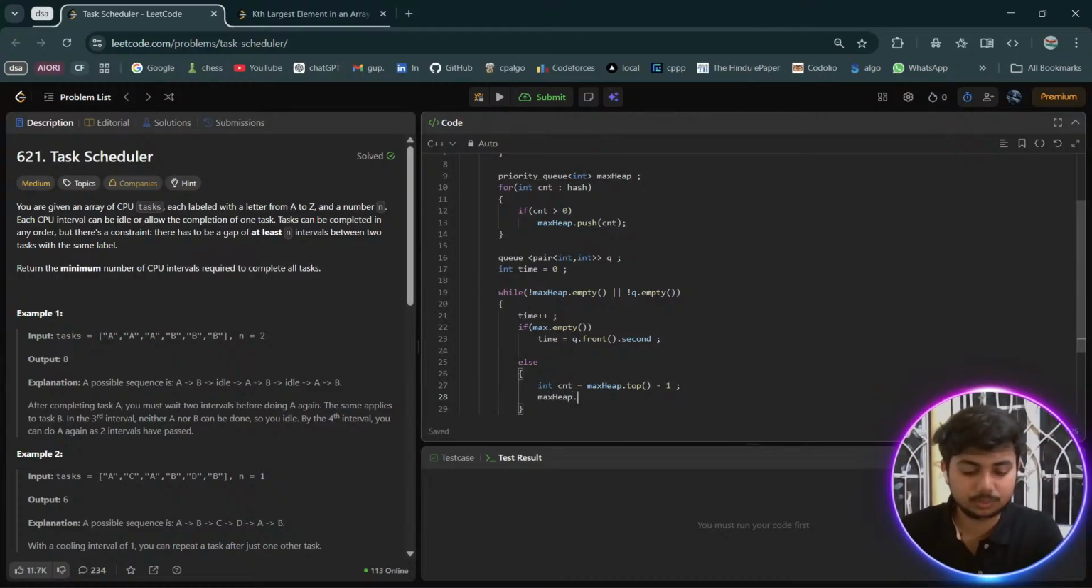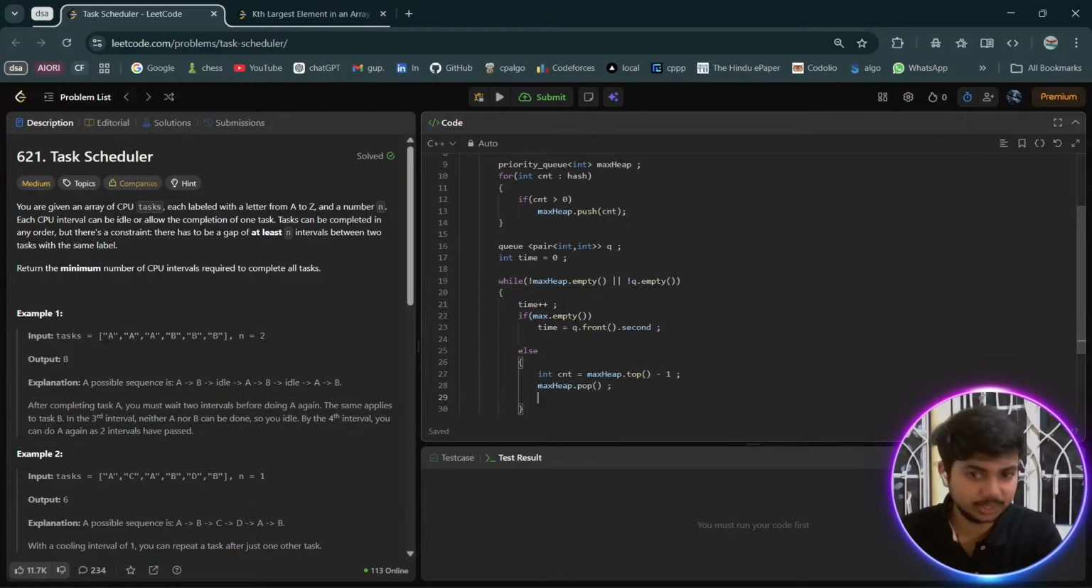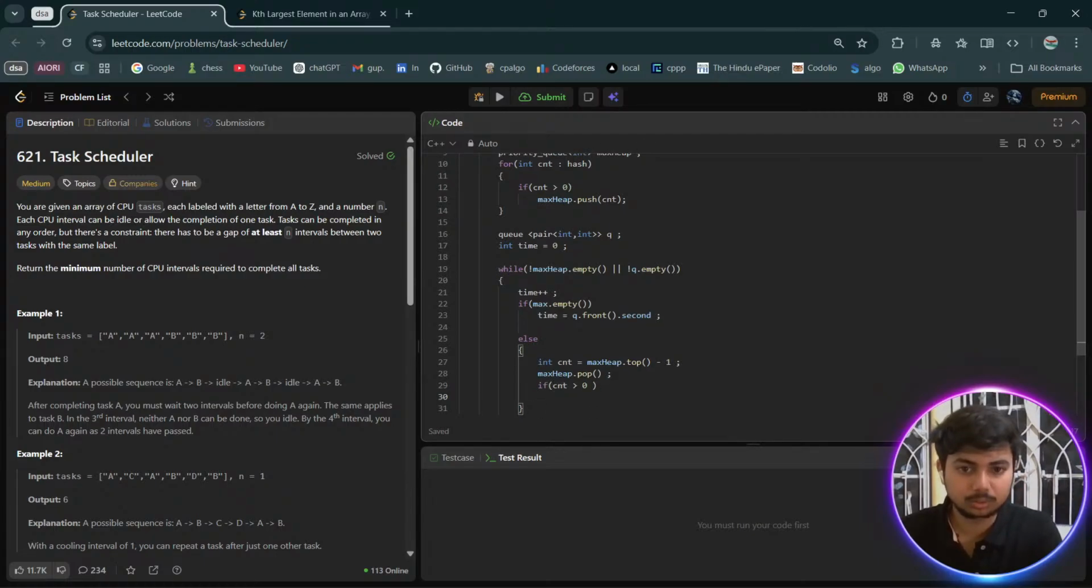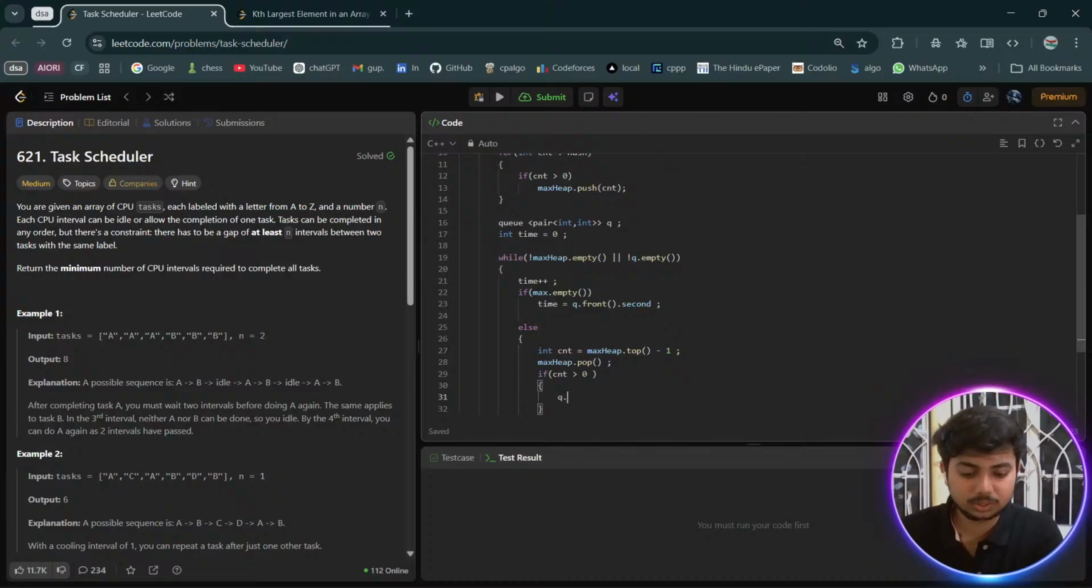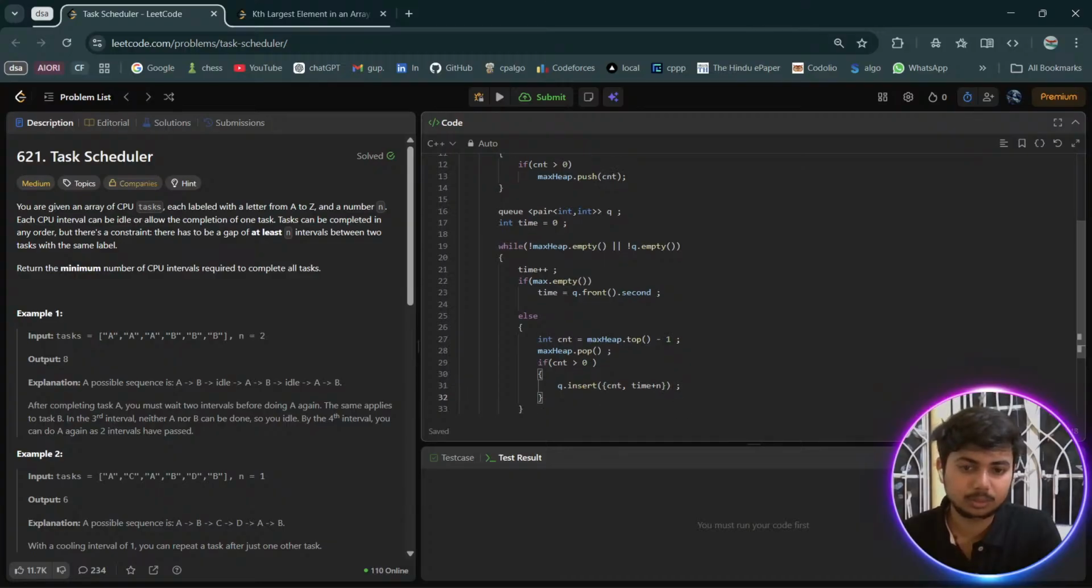सो मैक्सी डॉट पॉप, पहले तो ए को हटाया। ठीक है, अभी क्यू में इंसर्ट किया। इफ वी स्टिल हैव अ काउंट, then we need to insert q dot insert in form of a pair. What do we insert? We insert that particular frequency and we insert time plus n. ठीक है,